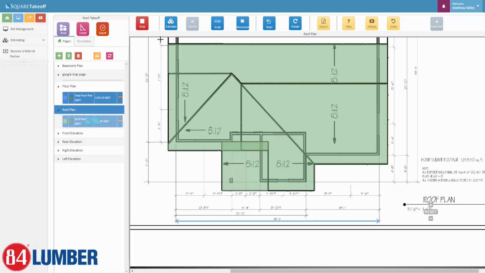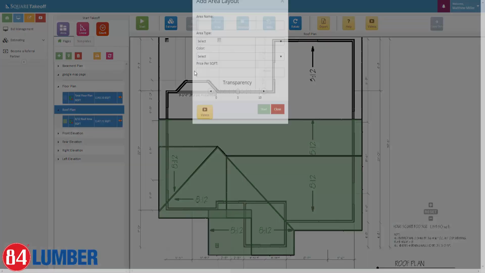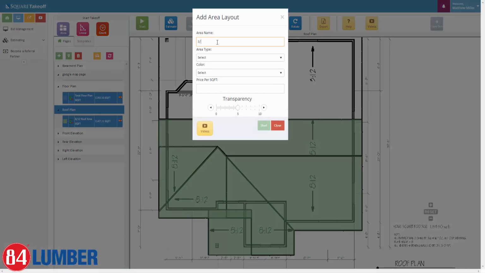And there we go. Let's go ahead and hit stop. Stop the measurement. We can now see all of our 8/12. So in the back we have a 3/12 area. So here's our 8/12, 1147 square foot. If we wanted to do 3/12, we could repeat the steps, and we just say that this is the 3/12 roof area